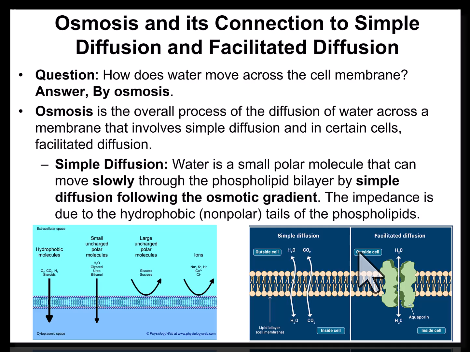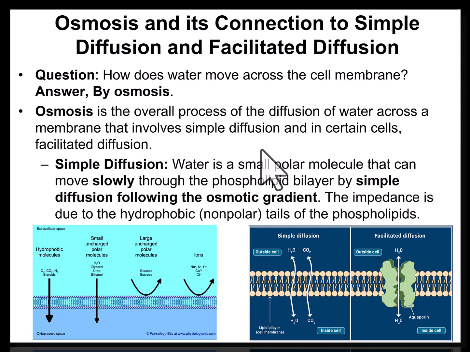And we give it that term, osmosis. So we have diffusion, but if we're talking specifically about diffusion of water through a membrane, we call that osmosis. It's going from an area of higher water concentration to an area of lower water concentration. But if you really get down to it, well, what kind of diffusion is this osmosis? Well, it involves simple diffusion, and in certain cells, it can be facilitated diffusion. We just give it this term osmosis to cover both of those, simple diffusion and facilitated diffusion of water across